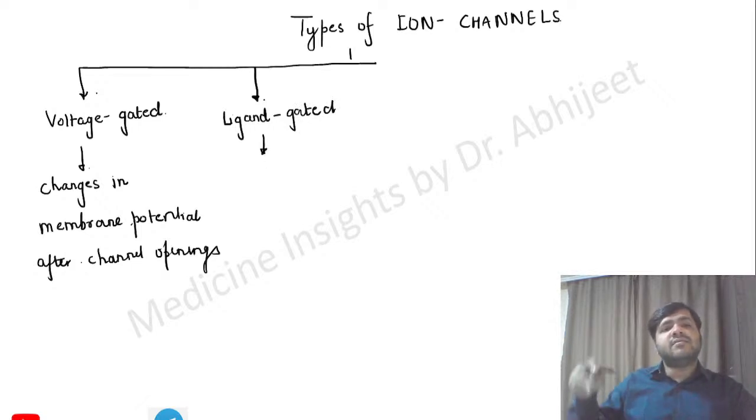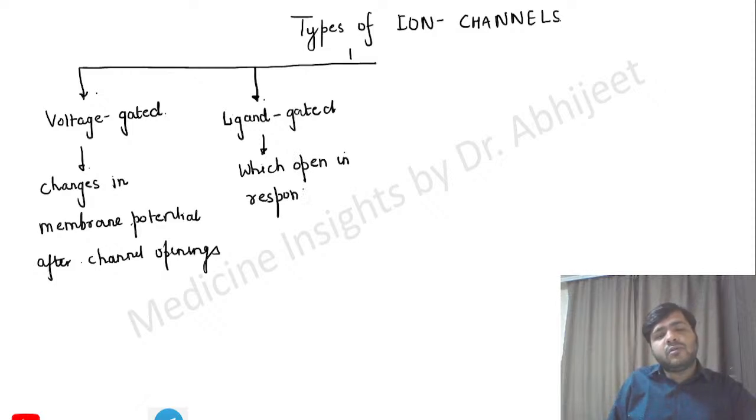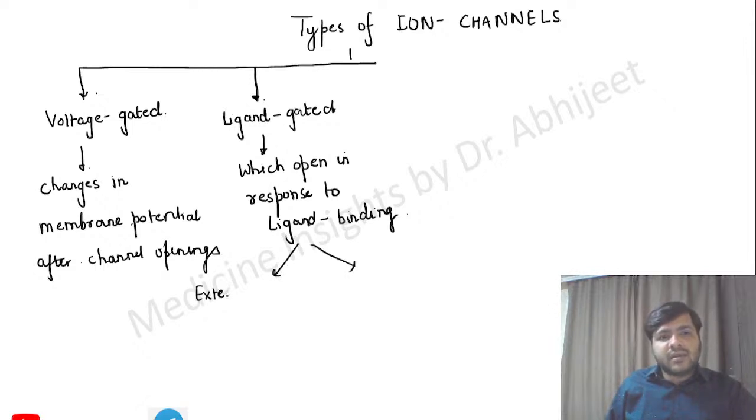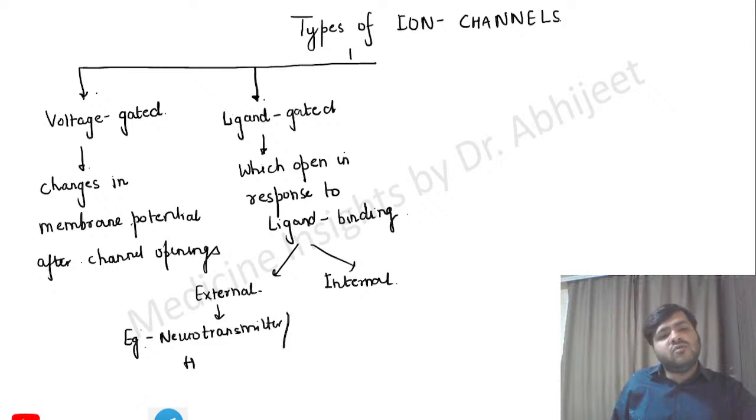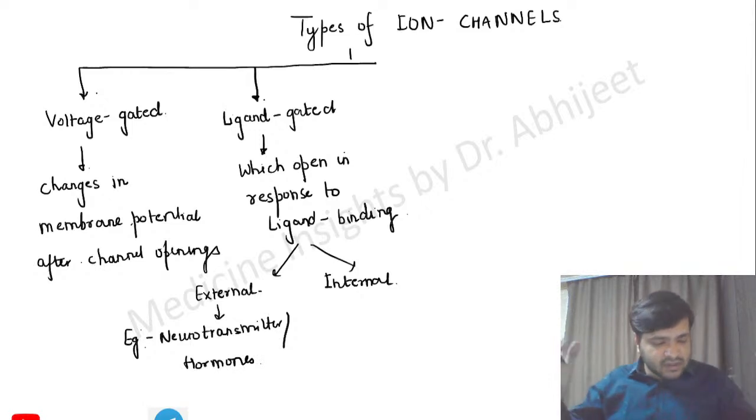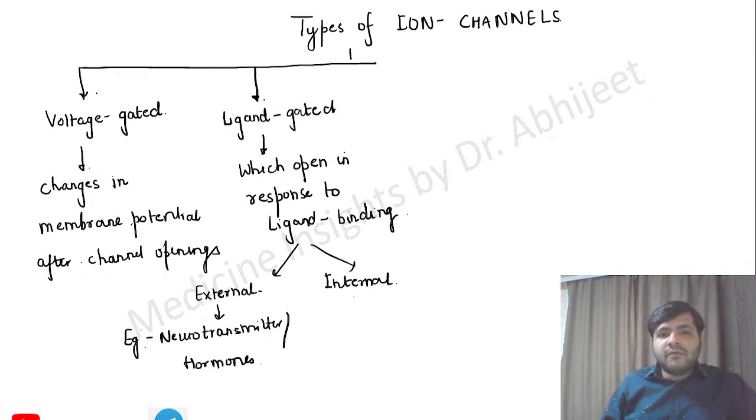Okay, ligand एक सब्सटेंस होता है जो सेल मेम्ब्रेन पर आकर बाइंड करता है। तो इसमें जो चैनल्स हैं, channels which open in response to ligand binding. ओके, अब ये ligand एक्सटर्नल भी हो सकता है, बाहर से भी आकर बाइंड कर सकता है, और इंटरनल भी हो सकता है। एक्सटर्नल में एग्जांपल याद रखिएगा, न्यूरोट्रांसमीटर और हार्मोन्स। हार्मोन्स बाहर से आके बाइंड करते हैं, neurotransmitters come from outside and bind, and internal we have